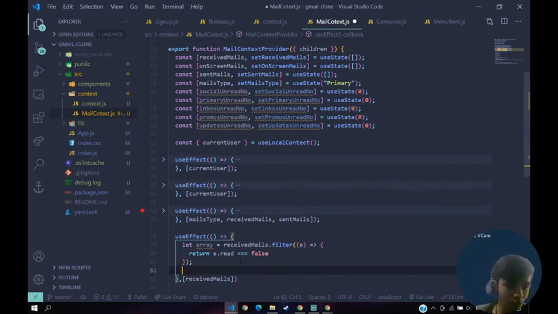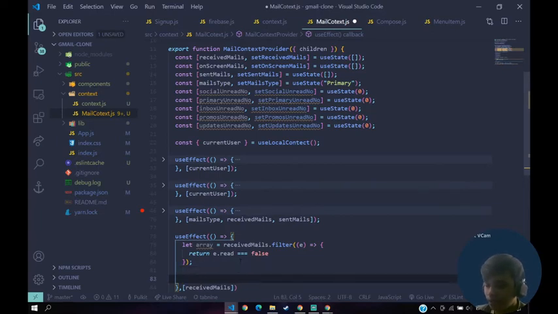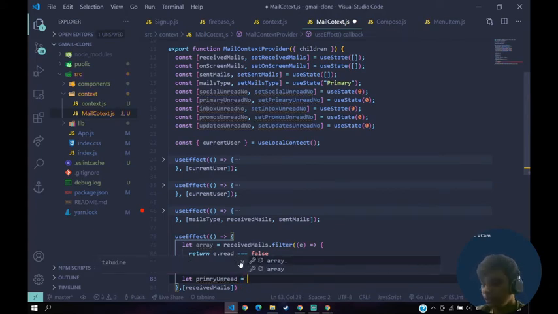Now out of those, we have to filter the mails which are only primary. So we say let primary unread equals array dot filter event.